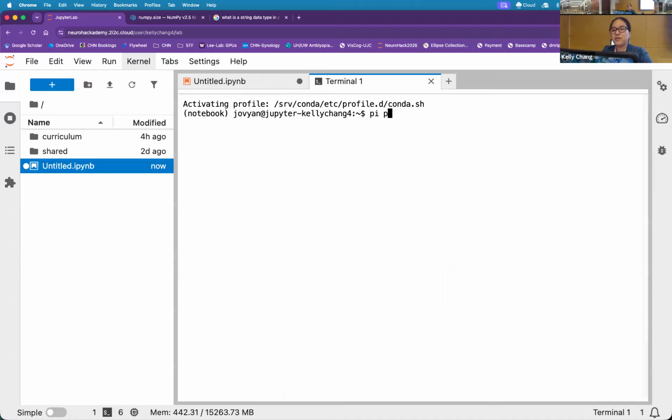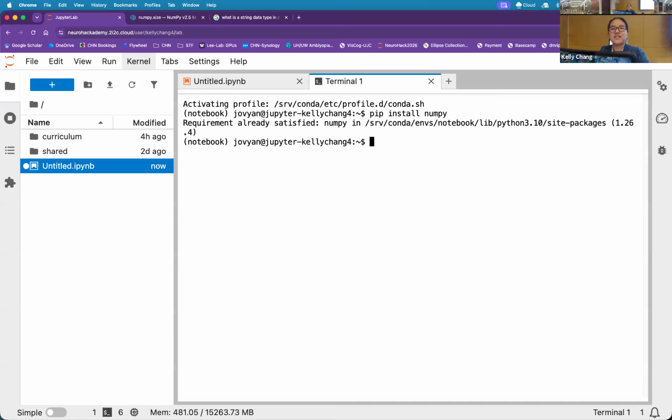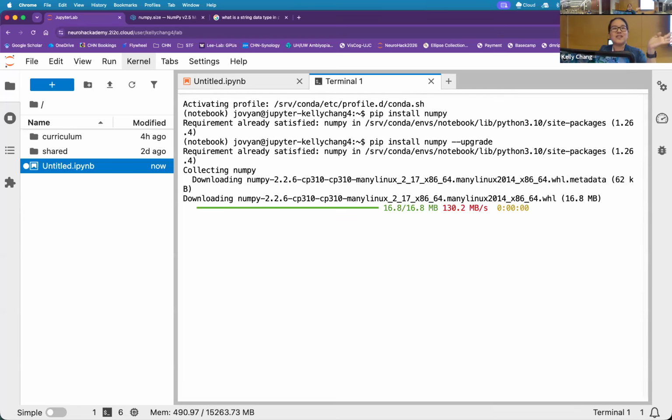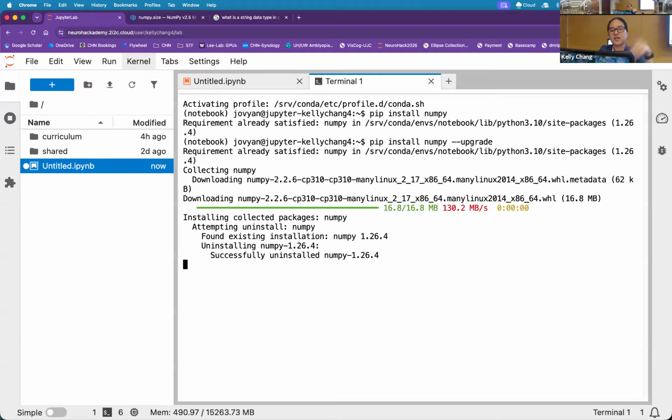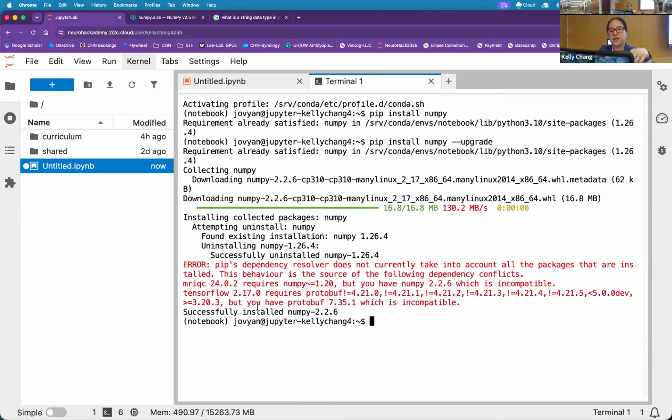You can basically do pip install, and then the name of the package according to however they spell it. I'm just going to reinstall NumPy because why not? It looks like requirement already satisfied. If it wasn't already satisfied, I can do upgrade. So if I wanted a newer version of NumPy, please don't crash anything. I'm going to click it and it's going to download it and then install it. You can see it's doing its routine right now.